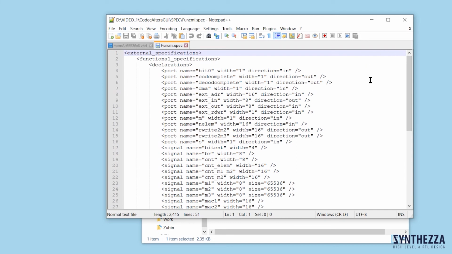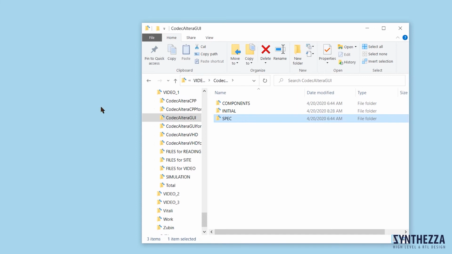The designer only needs to insert the length of several ports and signals into this specification in the dialog mode. Again, not all, but only a very small part of them. Thus, before the design, we have ASD, GSA, and TXT files in folder initial and its subfolder general, file funcmi spec in folder spec, and file memory Altera in folder components. Other files in folder spec and components will be constructed automatically in the process of a design.